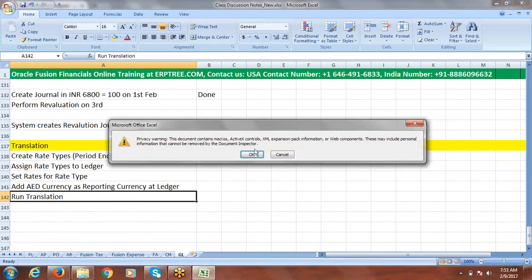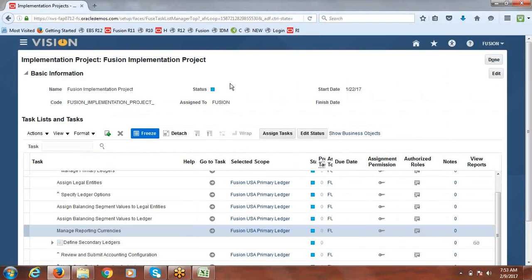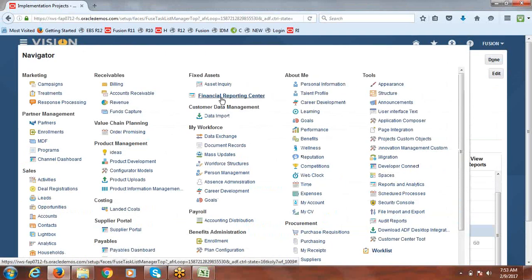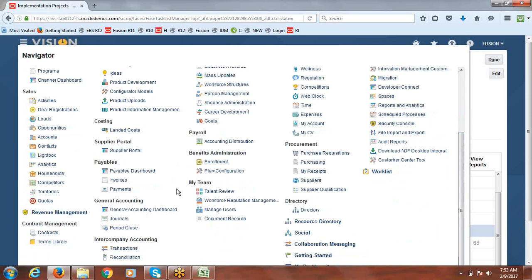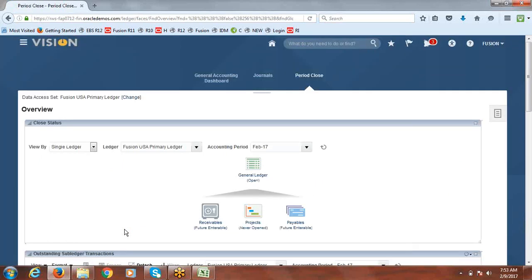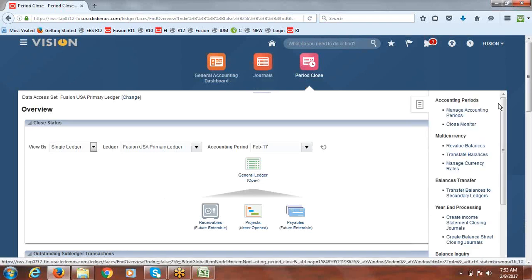Say run translation. So go to navigator, and under general accounting, select task called period close. Okay, so go to task panel, say translate balances.